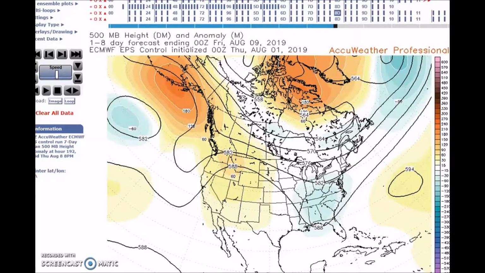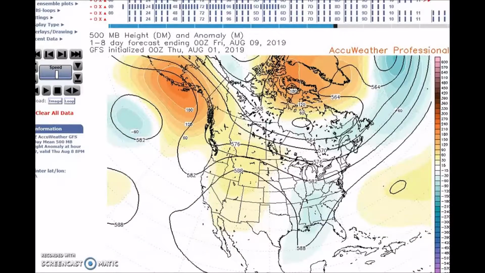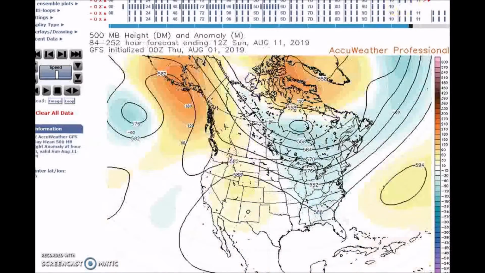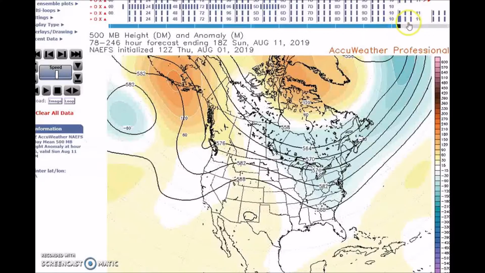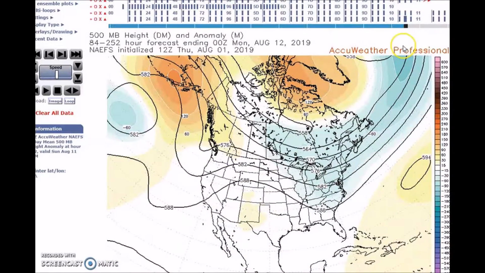Now we're going to look at the period for August 7th to the 11th. And we go to the pattern here, and the pattern remains generally the same. Ridges are forecast over the Aleutians and Alaska. We have a ridge here over the west, a strong ridge centered over the southern Rockies, and we have a trough in the east. So the models are in good agreement with this. Again, there are differences in the strength of the height anomalies in the west, but overall it remains generally the same.